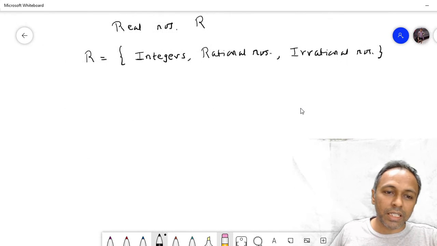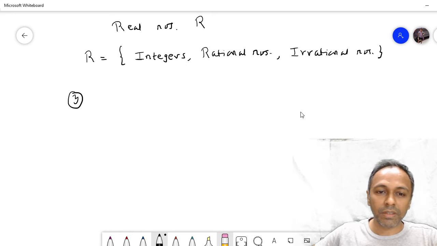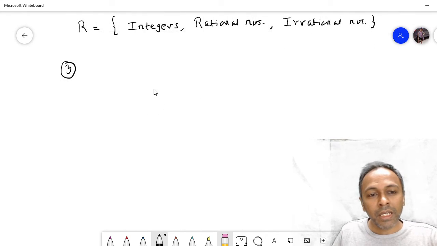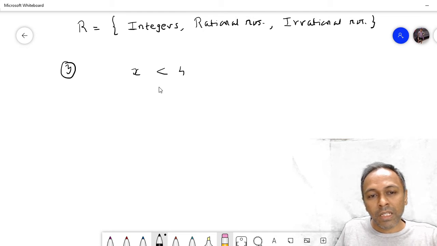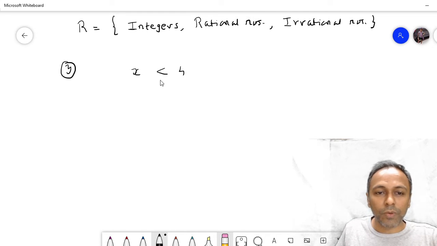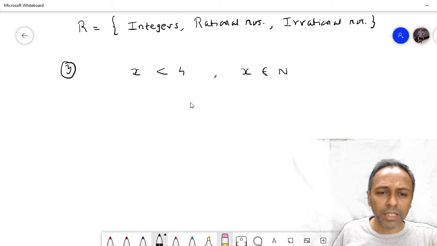Let us start with our real part of the chapter. Let us consider a situation that you have x is less than 4. Now when x is said to be less than 4, and we further mention that x belongs to, this is the symbol of belongs to, natural numbers, then the understanding that we need to develop is that therefore x can be,